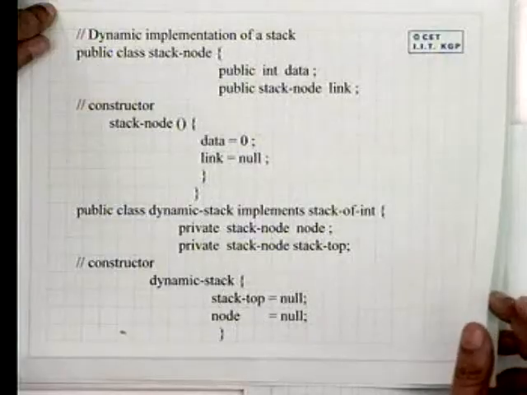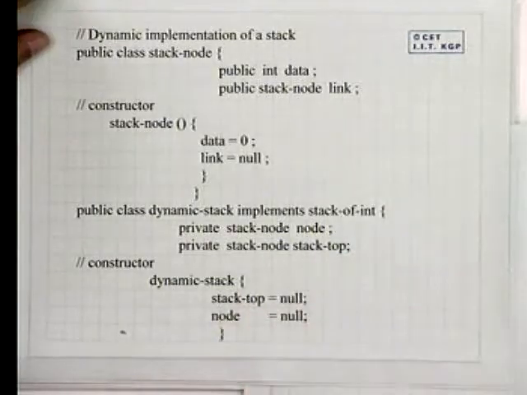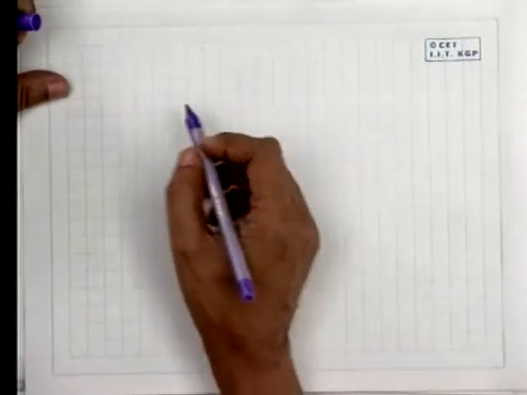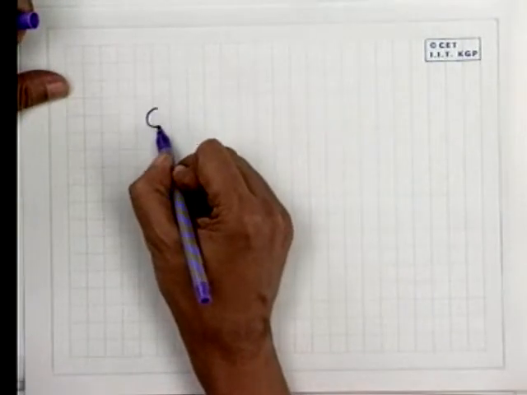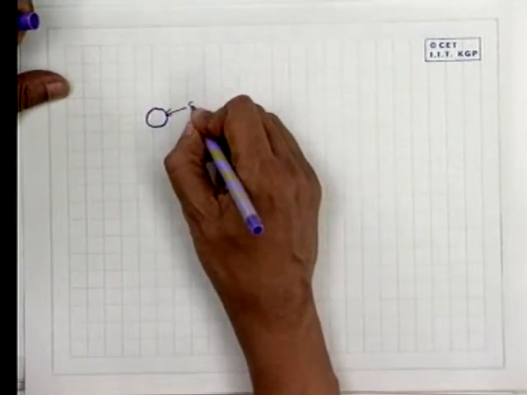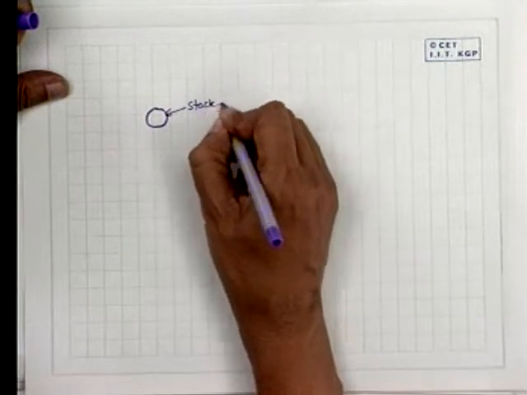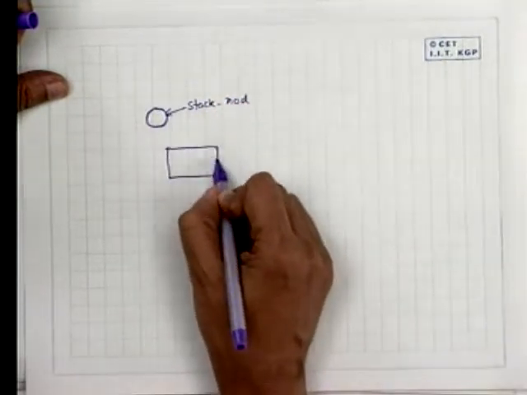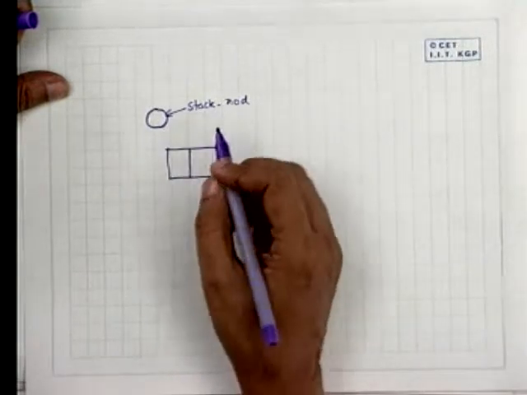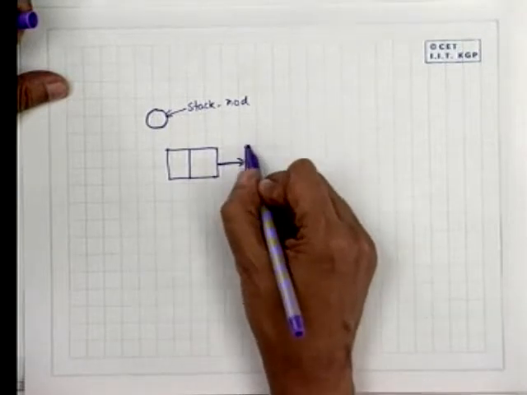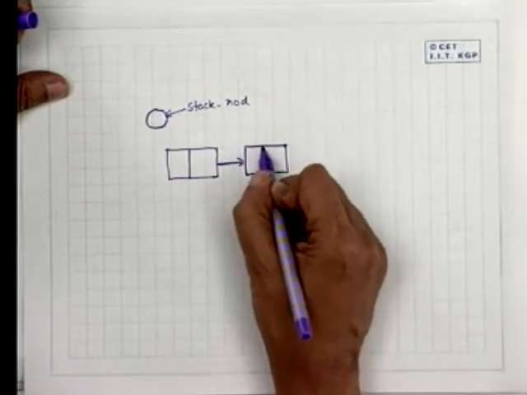For that, we first define a structure. Those of you who have gone through C programming must have seen that we can create a stack something like this. Suppose we have a node, which we call the stack node. Now the stack node, if we look at it this way, can be thought of as a structure like this, which has the value part, followed by a linkage.